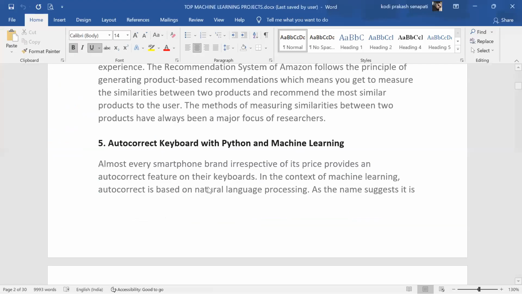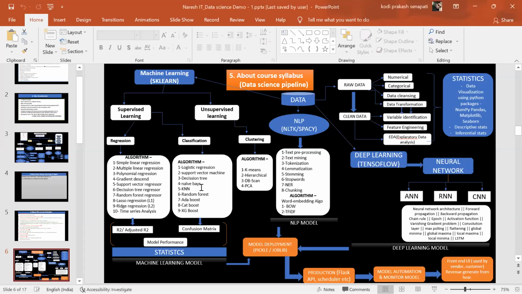But let me tell you what exactly algorithms I will teach you. A while ago, I discussed machine learning. If the input data is what, guys? If the input data is numbers, we use machine learning. If the input data is text, we use NLP. If the input data is image, video, speech, streaming, what we call deep learning.